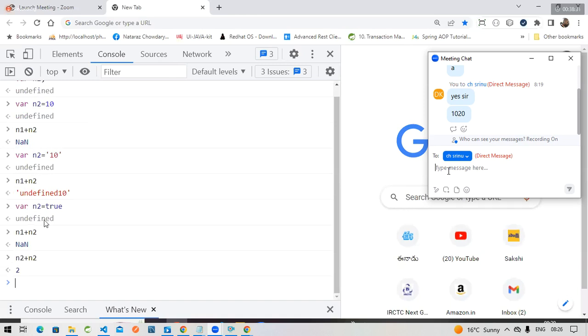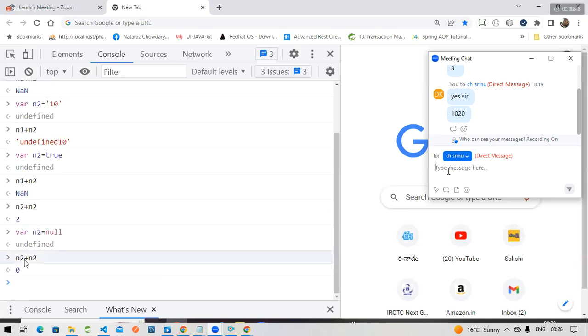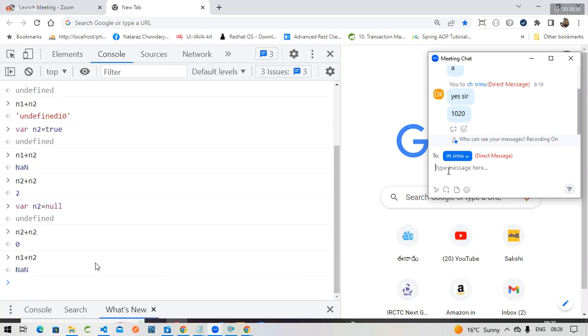n2 plus n2. Now see this. n2 is true, and true is nothing but 1. 1 plus 1 is 2. Okay, where n2 equals null. Now n2 plus n2. See this. The null value is 0. So n1 plus n2, 0 plus undefined